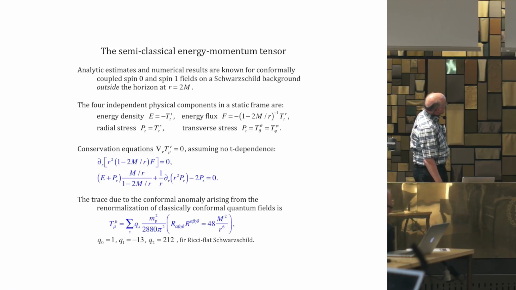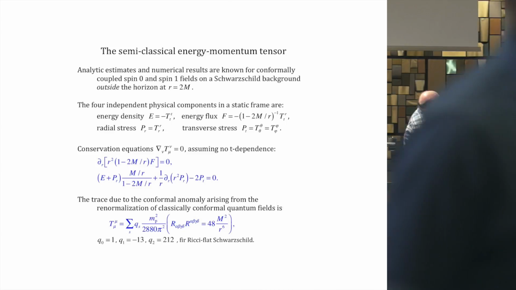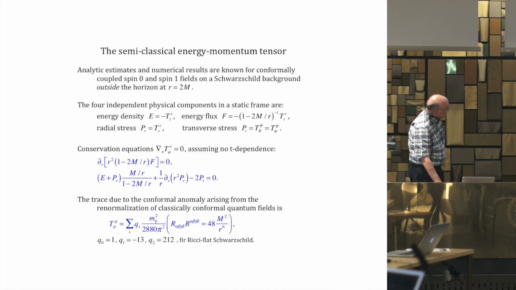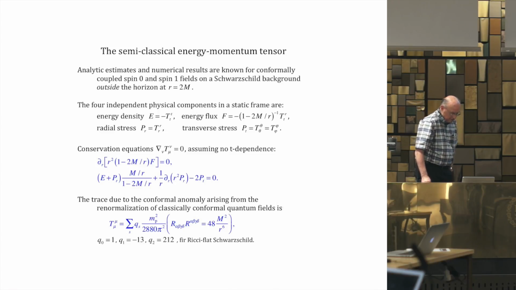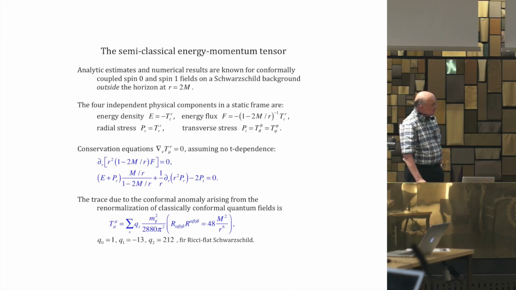Now, what can we say about this semi-classical energy momentum tensor? Our numerical results are for spin 0 and spin 1 fields on the Schwarzschild background, and of course some other cases as well, but these are of most interest, certainly for black holes we know exist. Unfortunately, there are no calculations for gravitational quantum perturbations of black holes,